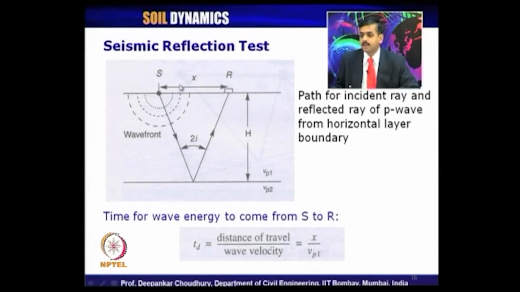If their horizontal distance on the ground is given by x, then the time T d is given by distance of travel by the wave velocity in that media. Because primary wave, as we know, is the wave which will travel fast, right. So, obviously, the first one which we are recording in our time receiver, that T d is nothing but x by